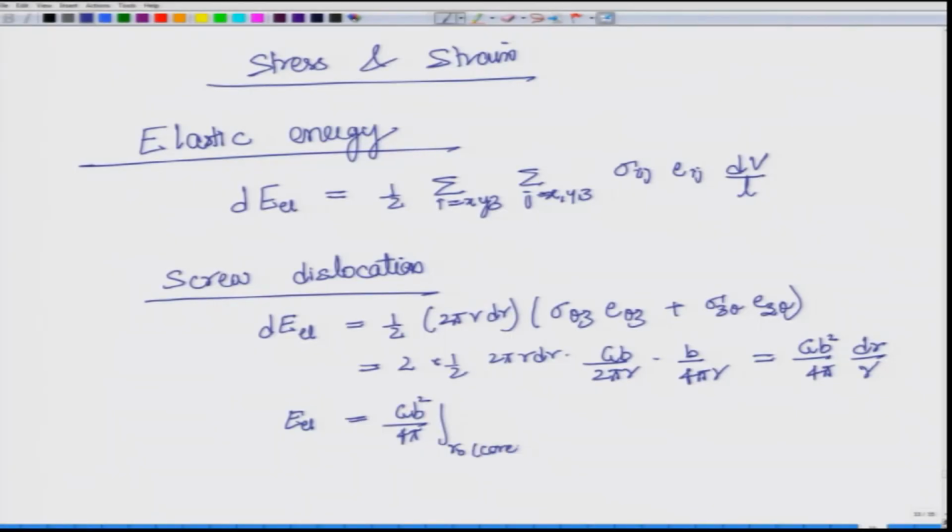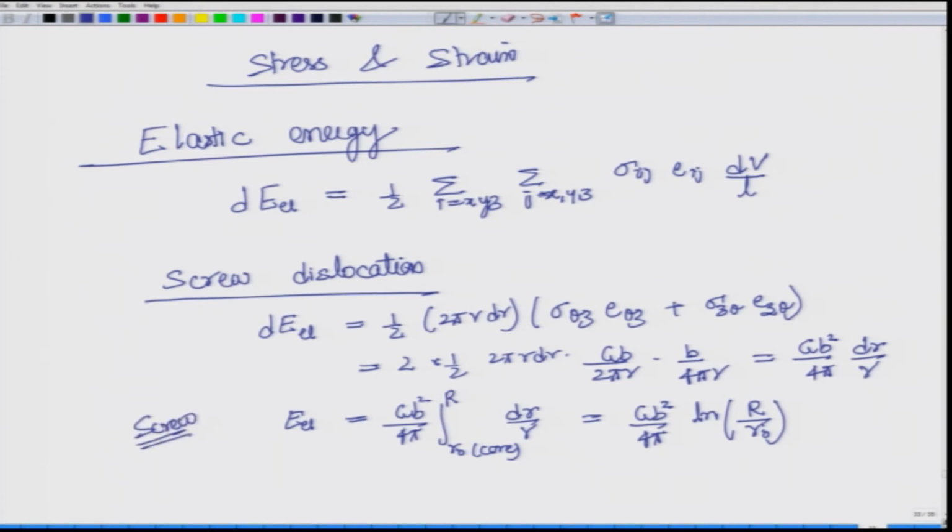So, we will go from r naught, which is equal to r core, to some large radius r, beyond which we will say that there is no elastic field, dr by r, and this comes out to ln r by r naught. So, this is for screw dislocation,